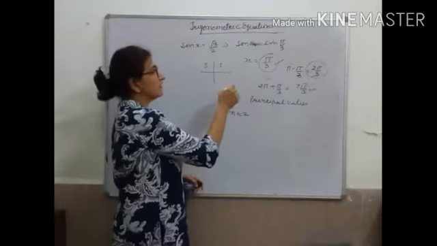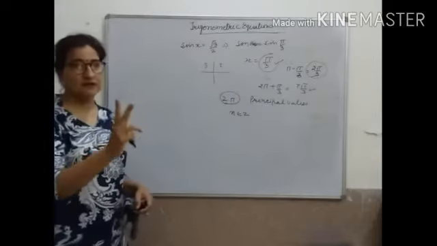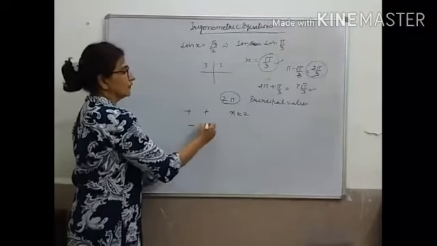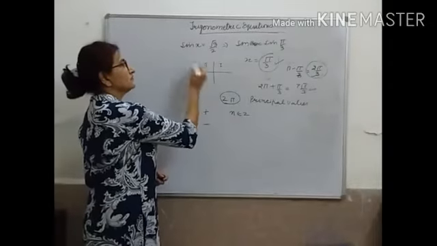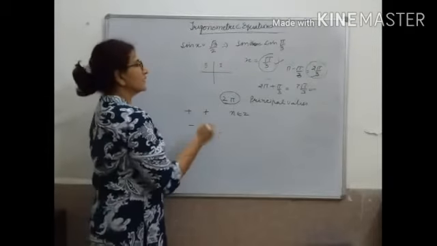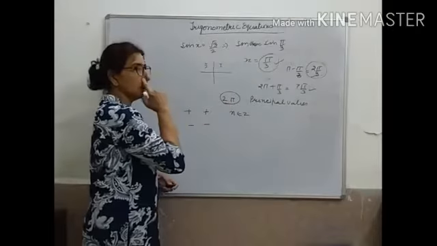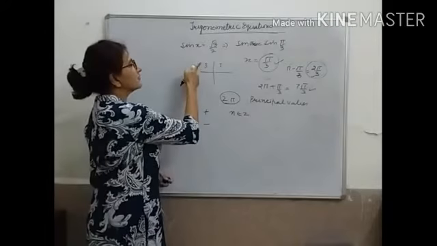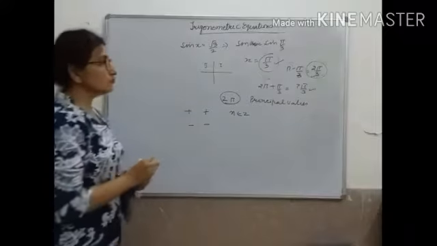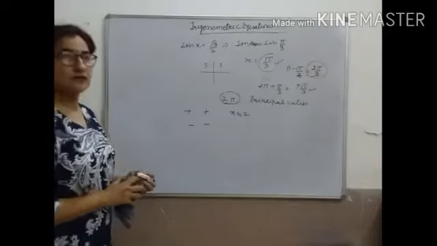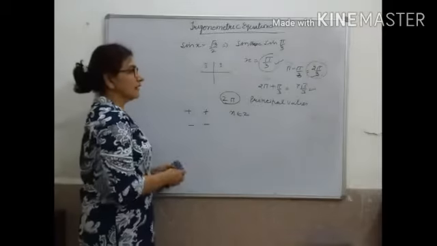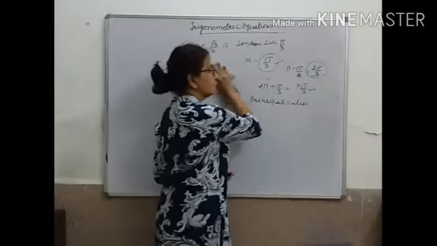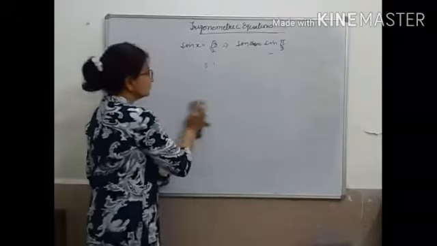Every function will have two principal values, that is decided for sure, up to 2 pi, okay? Every function has two positive values and two negative values. Sine is positive in the first and second quadrant. Similarly, cos is positive in the first and fourth quadrant. Sine has two negative values in the third and fourth. Cos has two negative values in the second and third, right? So every angle will have two principal values, whether positive or negative. And the rest of the values after 2 pi we will put in the general solution, and we will see how to calculate that, right? Is it okay? Now this was an easy example.